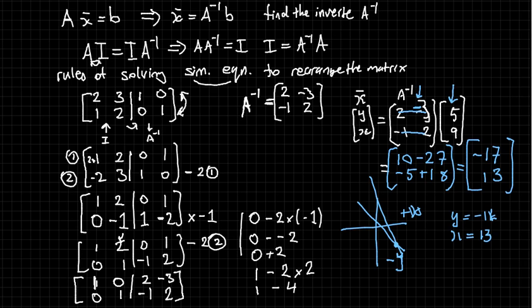And I mean, the reason why we do all of this matrix stuff is that we can do this in the computer incredibly easily. We type out the matrix A is equal to 2, 3, 1, 2. We write that B is equal to 5, 9, and then we write into the computer A to the power of negative 1 times B, and that's how we get out our vector x. And so it's incredibly easy to do this on the